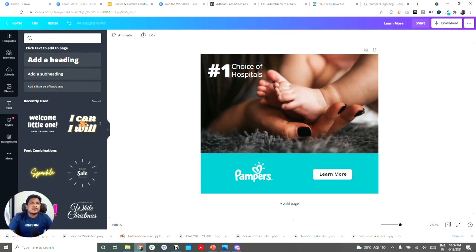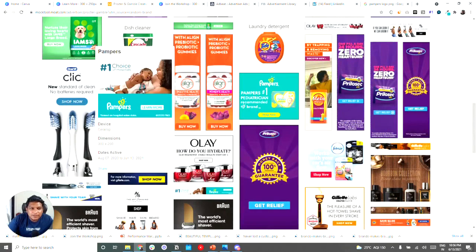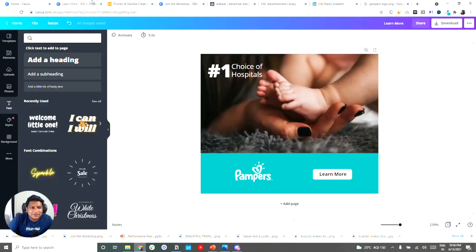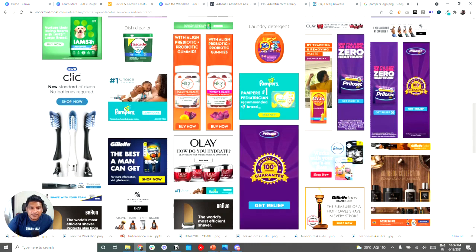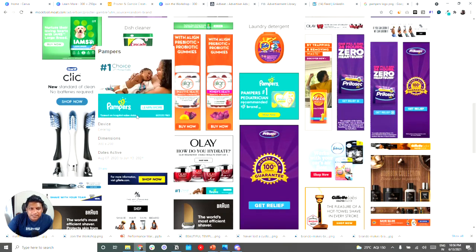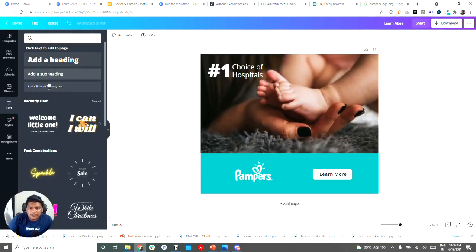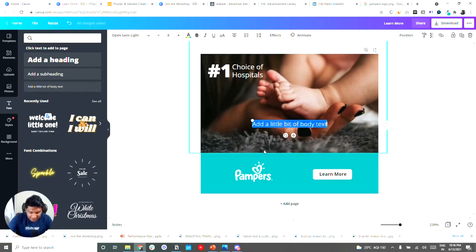Not bad at all. Number one choice of hospitals. We have this here. If you use that exact font, it will look exactly like this, so don't worry about it. So we can include this text. That's just relatively easy based on hospital sales data. Okay, so might as well put it for your satisfaction. Based on hospital sales data, reduce the font size,